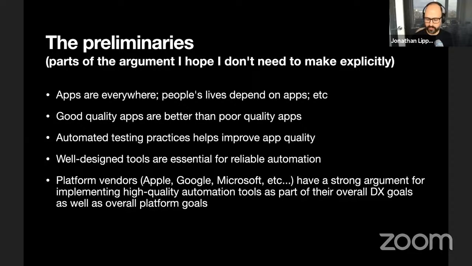So I think it's a pretty straightforward argument that when it comes to application quality, testing tools are just as important as developer experience and other things that the platform vendors create to try and get people to lock themselves into building apps on their platforms.